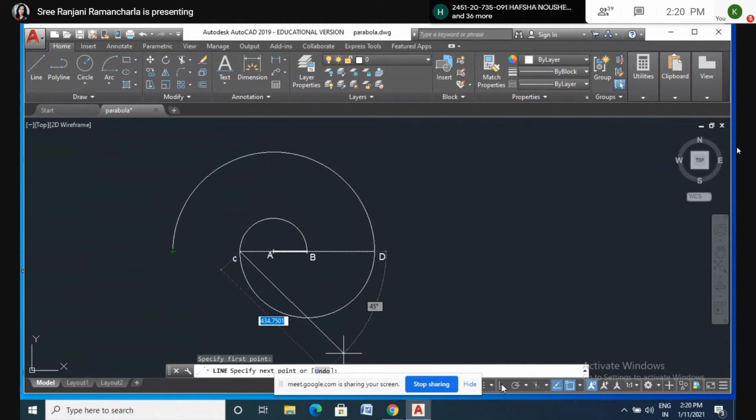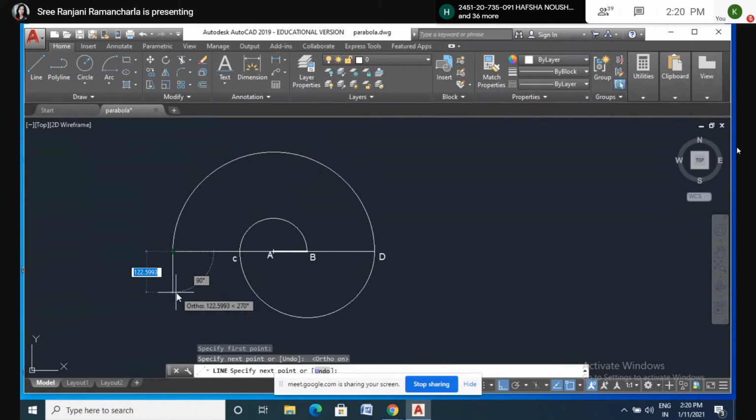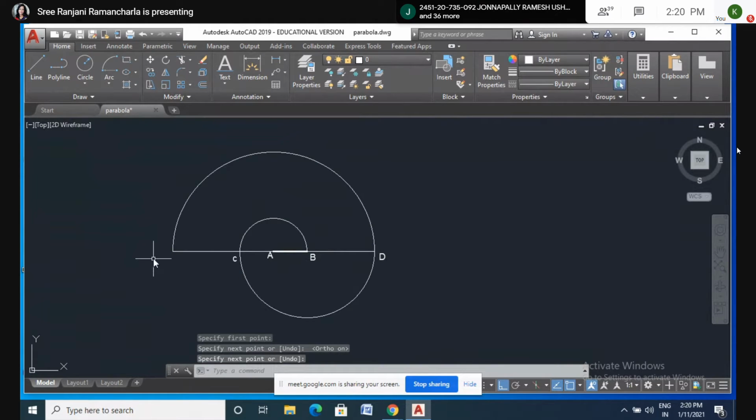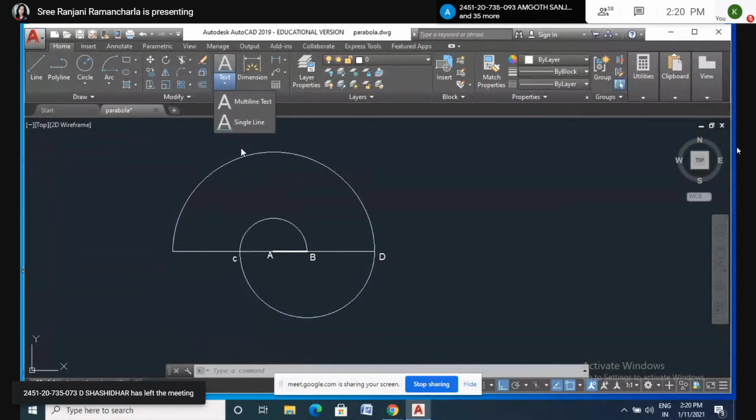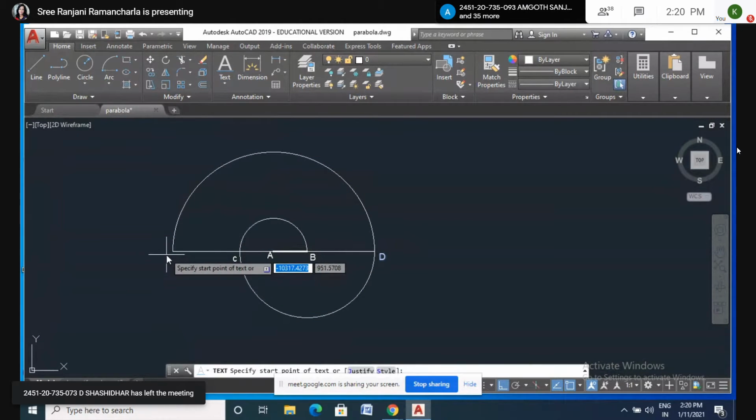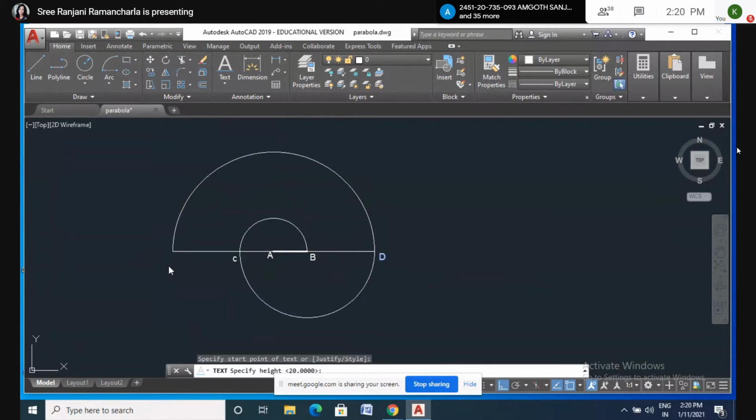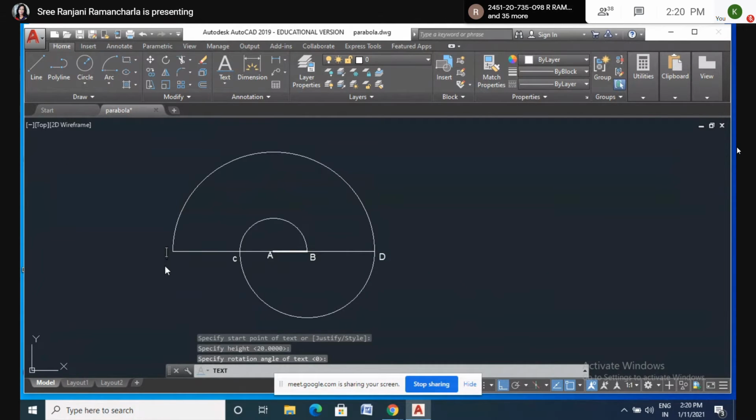So this is ortho on. So I want to draw a straight line here. Again, here I will name it as E. Is it clear, all of you? Now here I got this is one revolution. This is another revolution. Another half. So I want to complete till here. So two revolutions we completed.